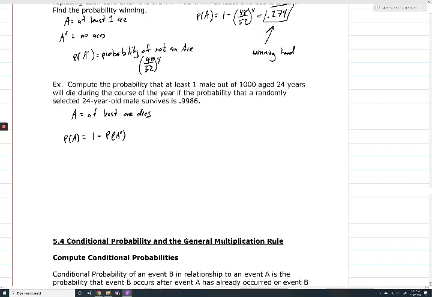In this case, we're looking for that to the 1,000th power, because the complement is no one dies. So the probability that at least one dies is equal to 1 minus 0.9986 to the 1,000th power,